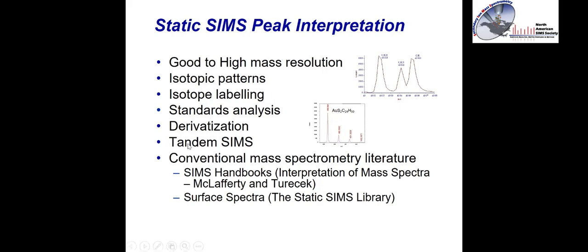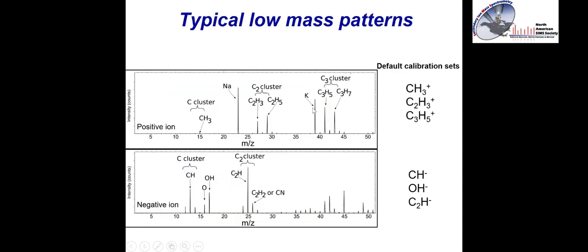And then some SIMS instruments have the ability to do tandem SIMS, so MS-MS experiments where you can fragment an ion to determine the daughter ions to help you reconstruct what those molecules are. And then there's the literature and handbooks and things that we can reference. So we have a whole bunch of different tools that we can use. We can also, the more you look at SIMS spectra, the more you'll start recognizing